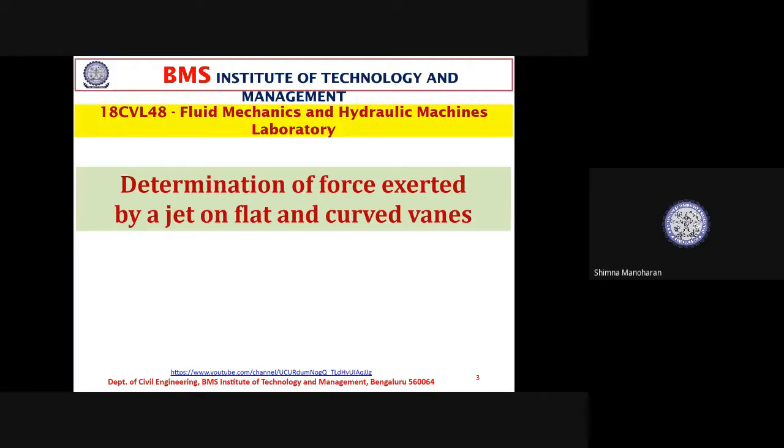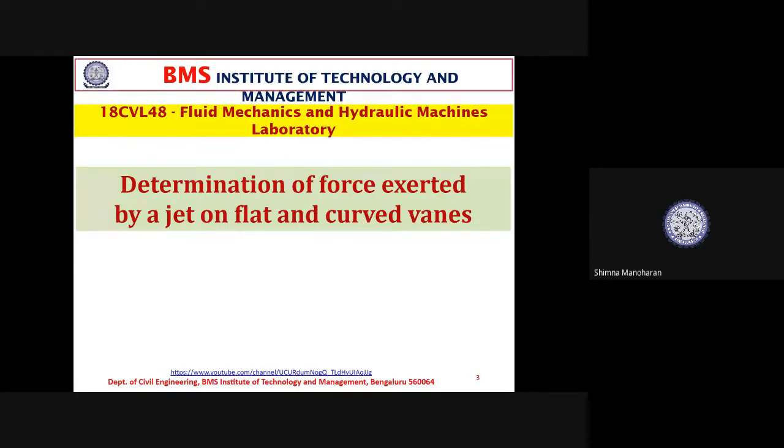As the term suggests, impact of jet on flat or curved vanes, it's easily understood that when fluid is moving in any natural or artificial system, it will be exerting some forces on objects which it is in contact with. To analyze this fluid motion, a small region of the fluid is usually selected, and the effects of this flow, such as the force and torque on the object, are determined by calculating how much flow is going in and out of the control volume that we are considering.